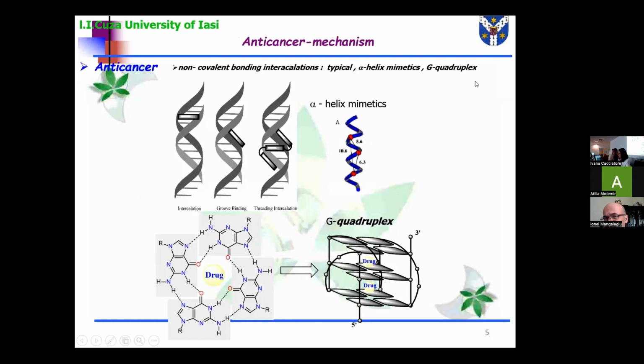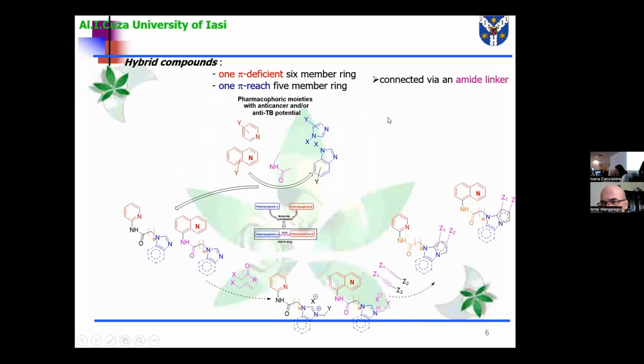So concerning non-covalent bonding interaction, we are focusing on obtaining typical compounds, alpha helix mimetics, and G-quadruplex. Okay, let's start with the first class of compounds. So we decided to synthesize some hybrid compounds having in the same molecule a 6-member ring aza-heterocycle and a 5-member ring aza-heterocycle, so a pi-deficient and a pi-rich system connected via different linkers, especially with an amidic linker, and with different lengths of the alkylic part connected with the NH part of the molecule. And using this strategy, we obtained